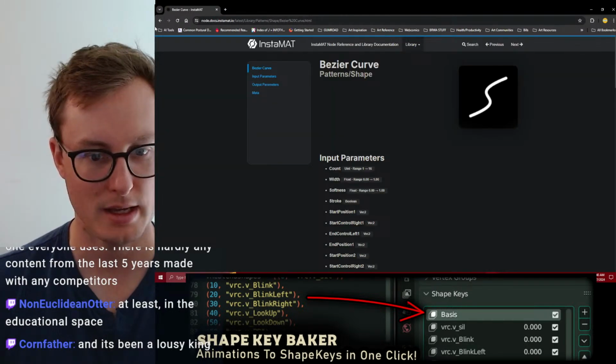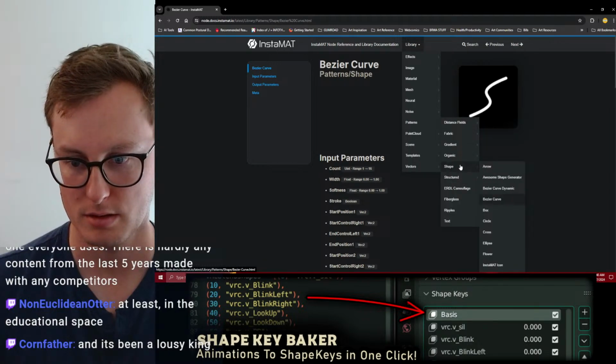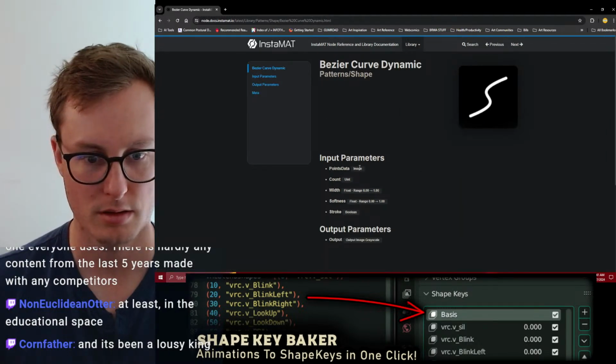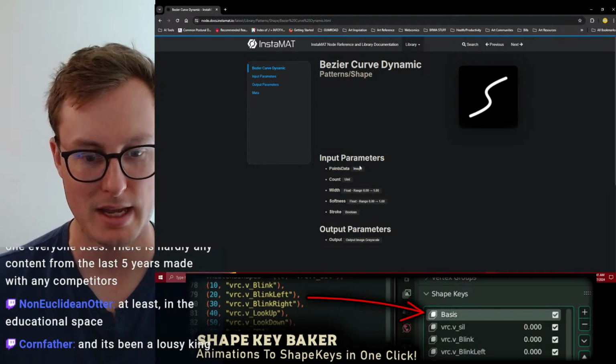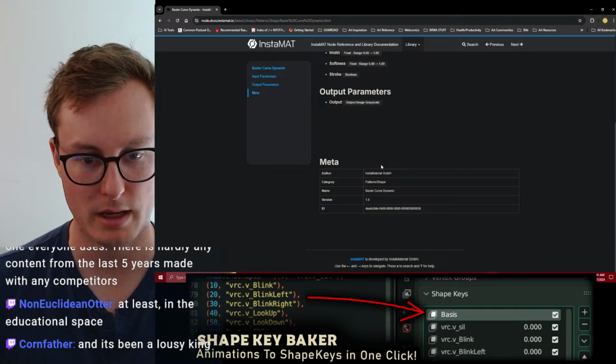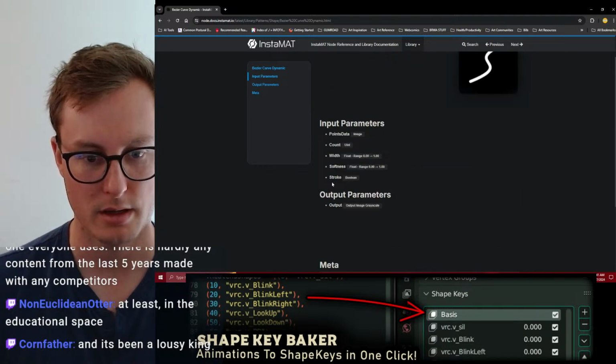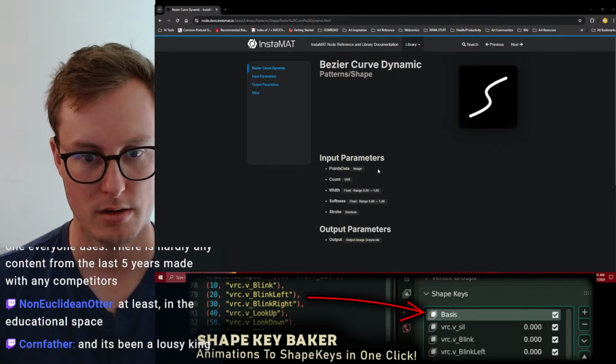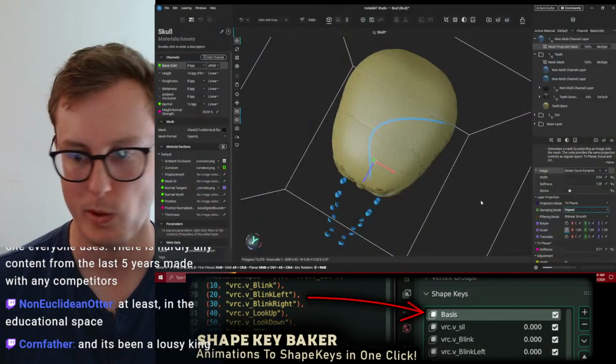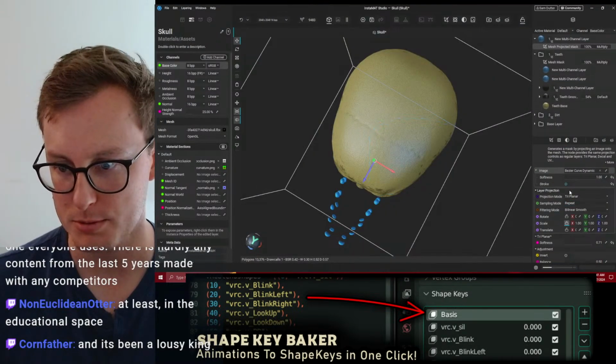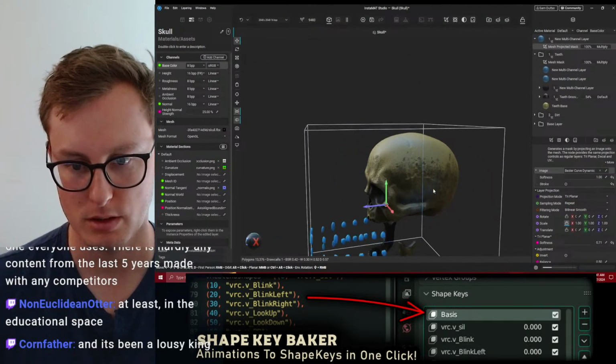I want the Bezier. Points data. So this is taking in a Bezier curve of some kind. And I have the stroke option. What does that do?